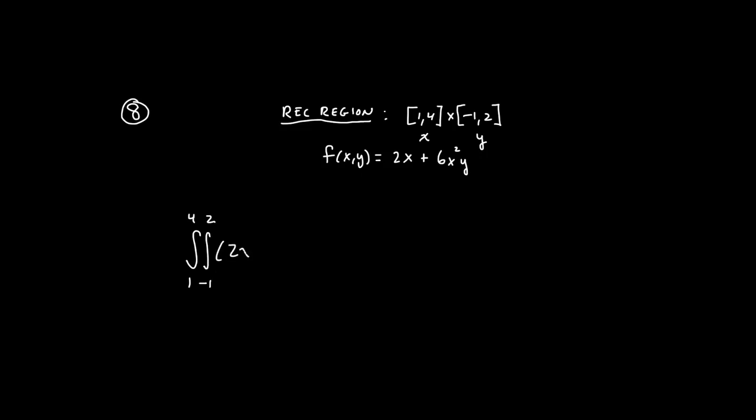Then we have our function 2x plus 6x squared y. And we're going to go dy dx. And I would like you to evaluate this. Grind this one out. It's ugly. It's messy. It's not even worth it almost. But I want you to grind this out to the bitter, bitter, bitter end. And if you grind it out appropriately, it comes out to be